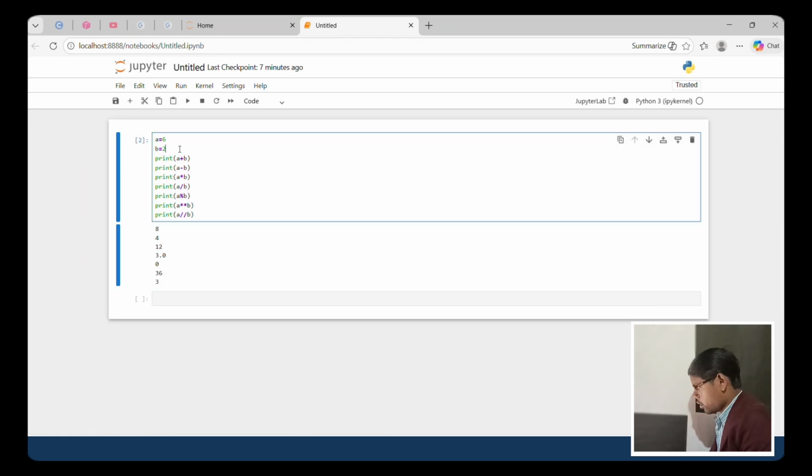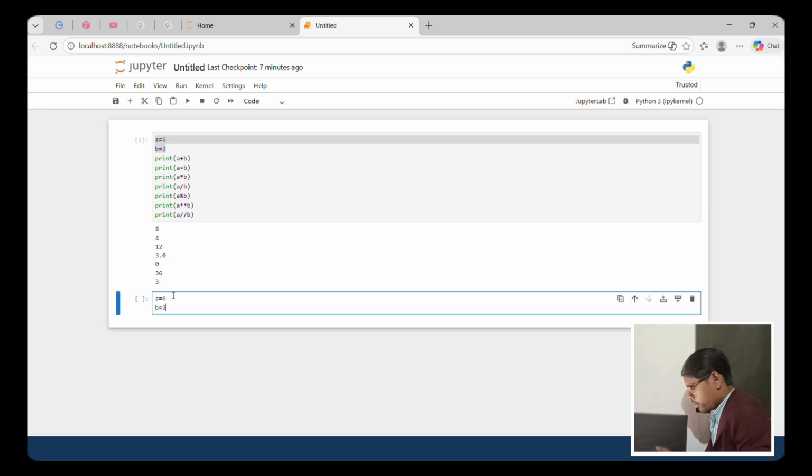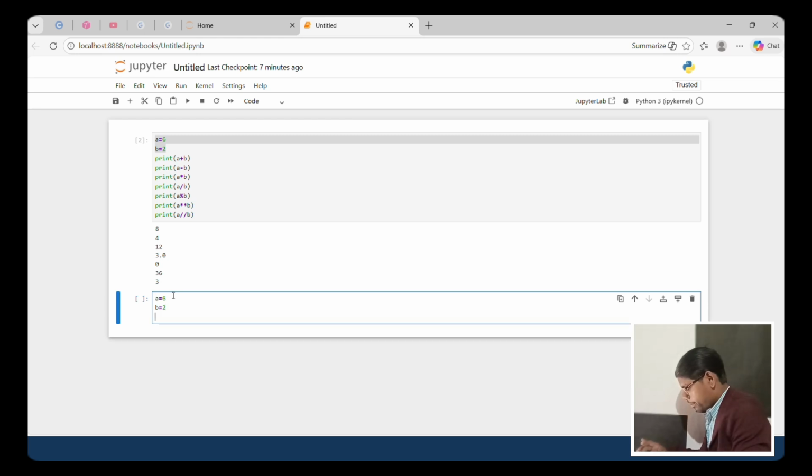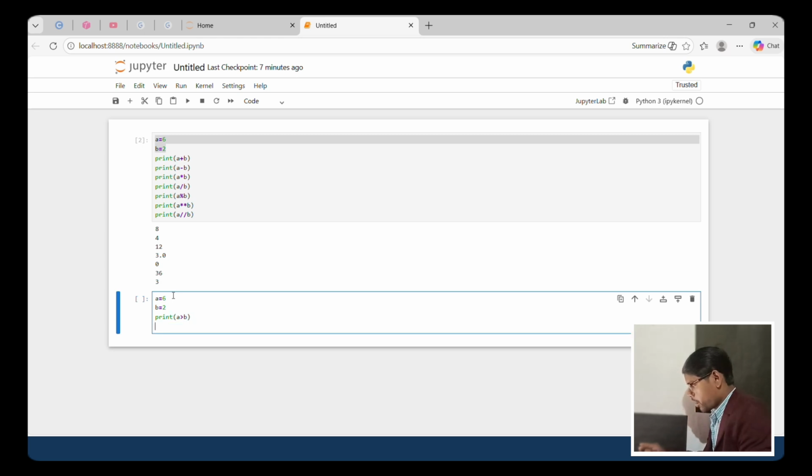I copy these two values and apply. Print A greater than B. Okay, apply all symbols. Okay, and just 1 minute, copy all of this